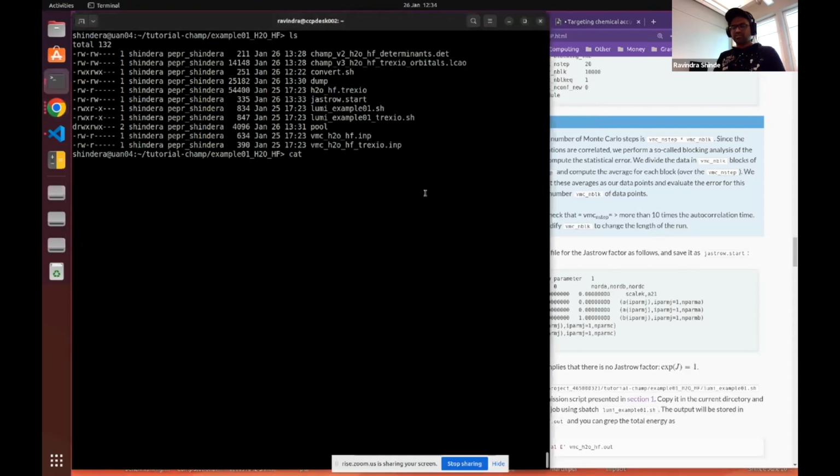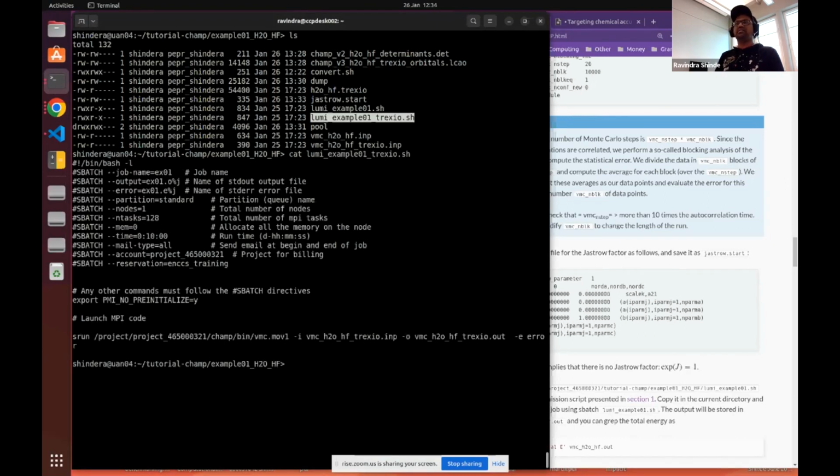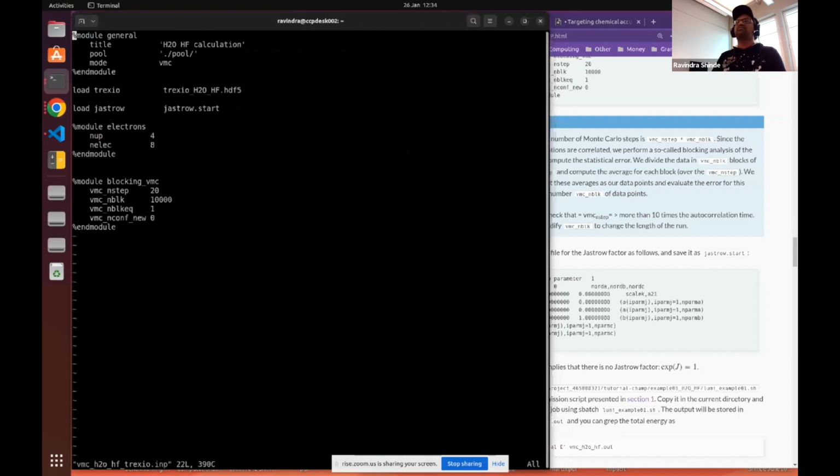Yeah, and let's look at the other script which reads the TREXIO file directly. So here I have given VMC H2HF underscore TREXIO.inp, and let's open that file. Yes, so you should rename this.